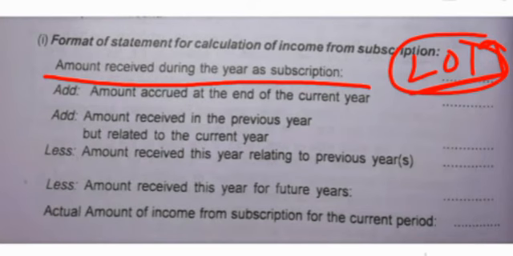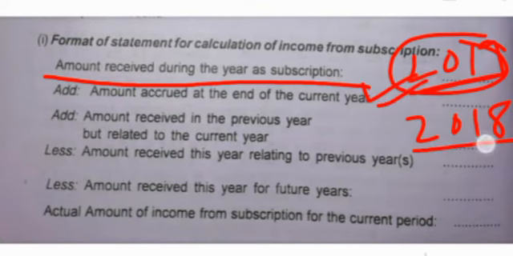Again, with that we have to add the amount received in the previous year but related to the current year. That means if we have received an amount relating to 2019 in 2018, that also we have to add, because we received it in the previous year but it relates to the current year. Doesn't matter when we have received it, we have to record it when the transaction takes place. Yes or no? That's why we are recording it. We are adding it because it is prepared on accrual basis. Accrual basis records only the happening of the event, not the money received.